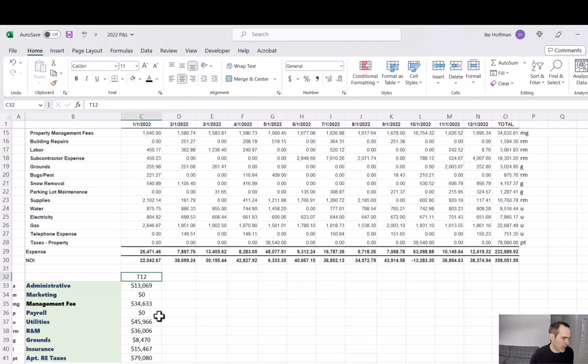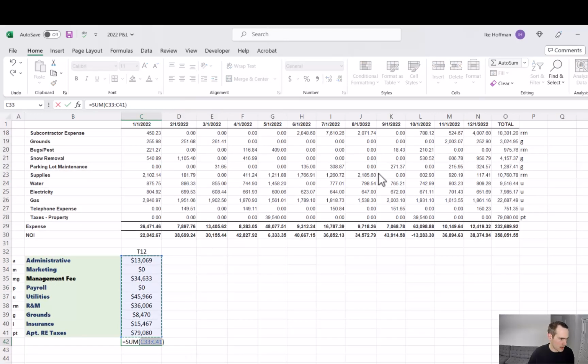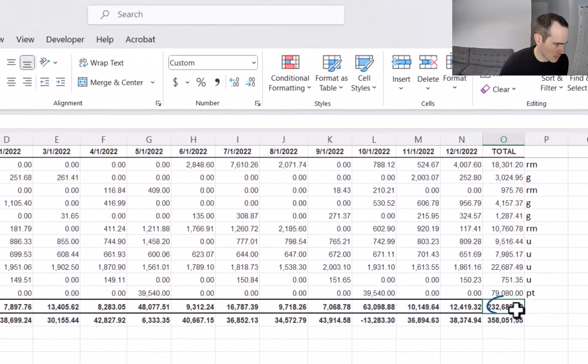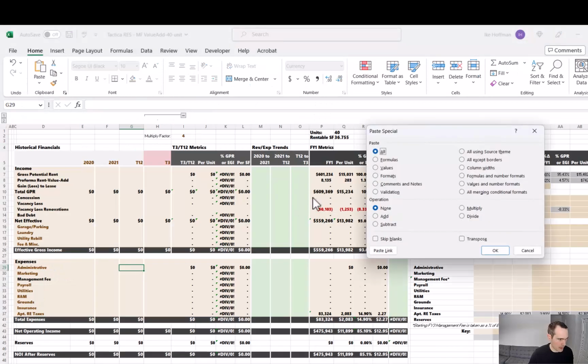Quickly, before I copy and paste this information into the financial model, I just want to sum these categorized units. We have total expenses of $232,690. That matches the expense in the P&L, $232,689. So we are good to go. So I'm going to take these and copy as values right into